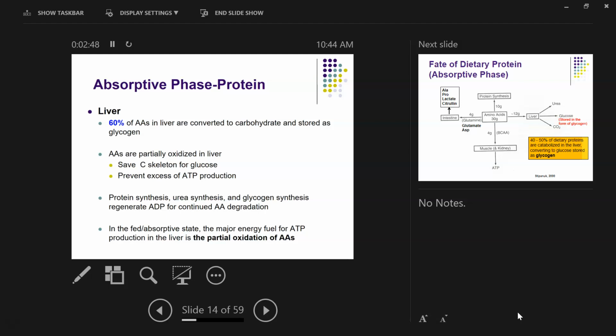And again, I just want to mention that the liver utilizes mostly amino acids as an energy fuel. The preferred fuel for the liver is, do you guys still remember, what is the preferred fuel for the liver for energy? Yeah, right, alpha keto acid, which initially comes from the metabolism of amino acids. So it's a little bit different from the other tissues, right? Most of the other tissues usually utilize glucose as the main fuel for energy.